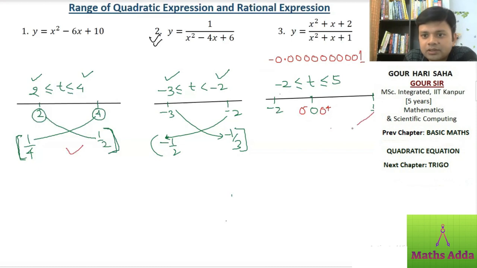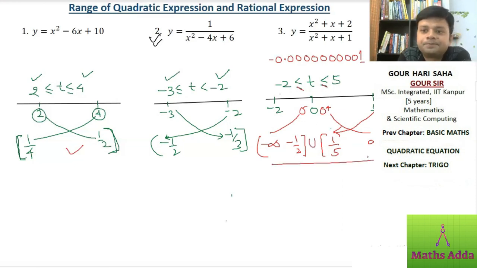So take reciprocal, this gives 1 by 5, this gives 0. What is reciprocal of 0 plus? If you take reciprocal of this one, it will be a big number, right? It will be infinity. So 1 by 5 to infinity. And now 0 minus, if you take reciprocal, it gives you what? Minus infinity, and this gives you minus 1 by 2. See, I have closed at 2 and 5 because it is equal to here and here. Now this is union, this is your reciprocal of the interval.